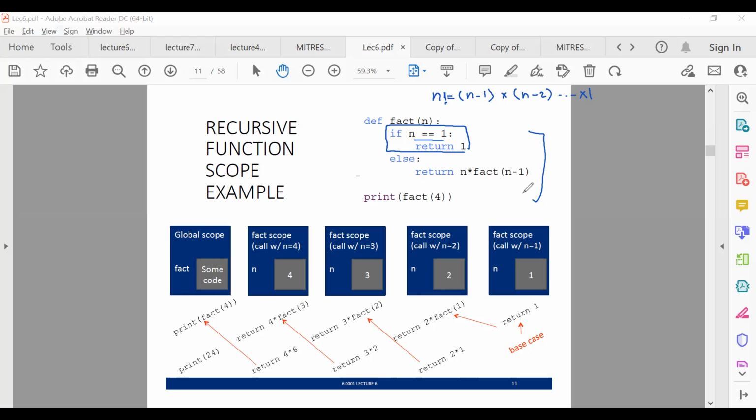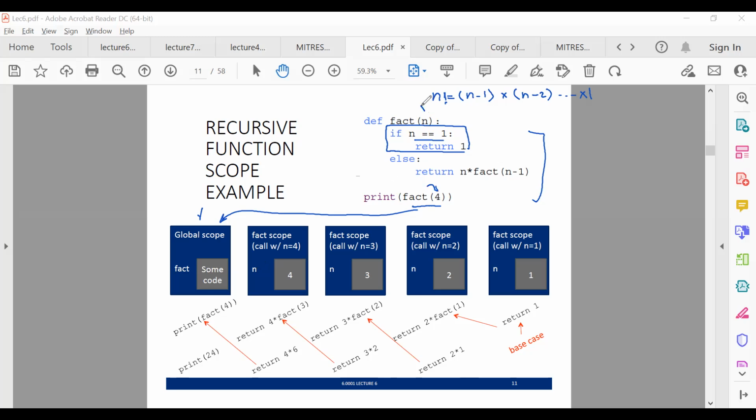I mean, it's correct. Really? I mean, that is what factorial is. Okay, let's have a look. Can you understand what this is doing? So this is the global scope where you call factorial 4. This is called the global scope. So once you start, the first time you call it, you pass 4 here, so n equals